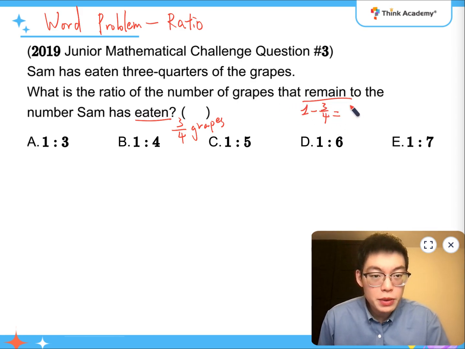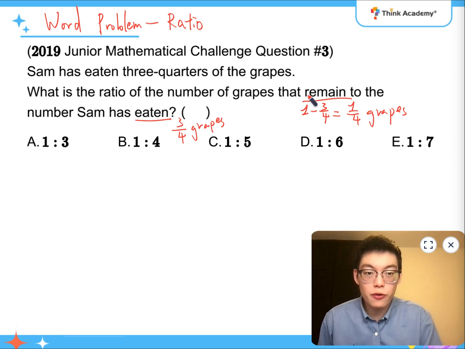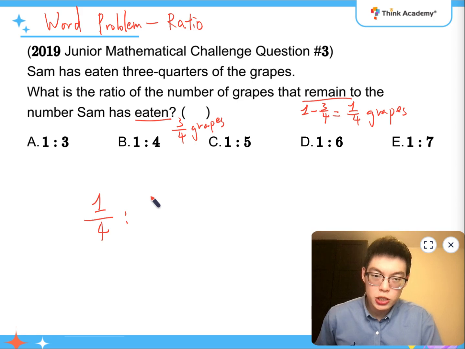So that's going to be 1/4 of the grapes. So if I want to find that ratio of remain to eaten, that's going to be 1/4 to 3/4,